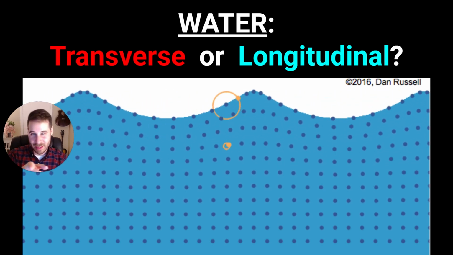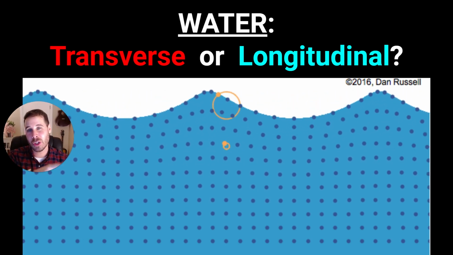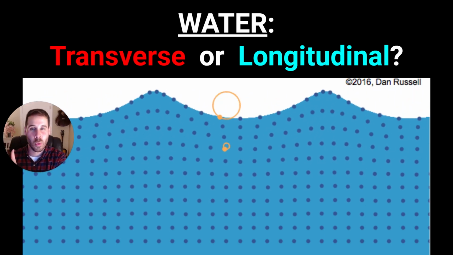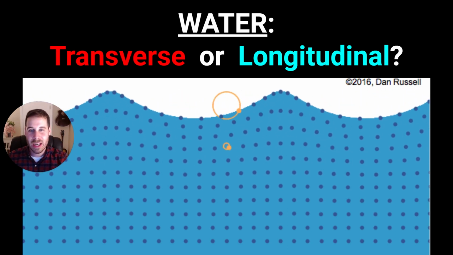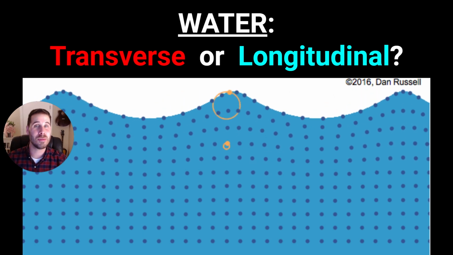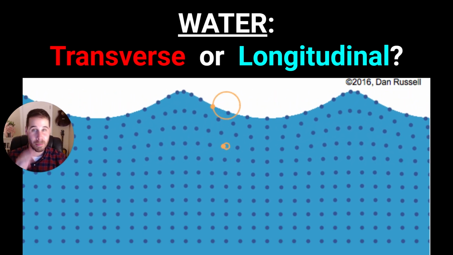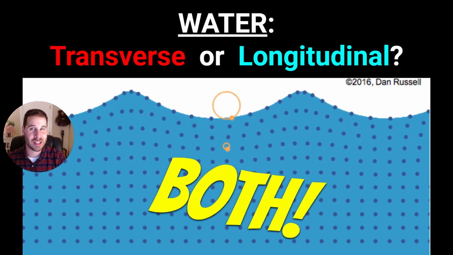Well, if you notice that these little circles are representing the motion of one individual water molecule, then you'll notice that as the wave fronts move from left to right across the screen, the individual molecules are moving in the same orientation, left to right, but they also move in a perpendicular orientation up and down. So that circular motion is both. So that's actually our answer, is water is a combination of transverse motion